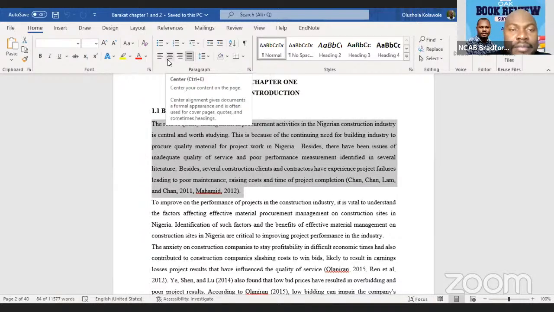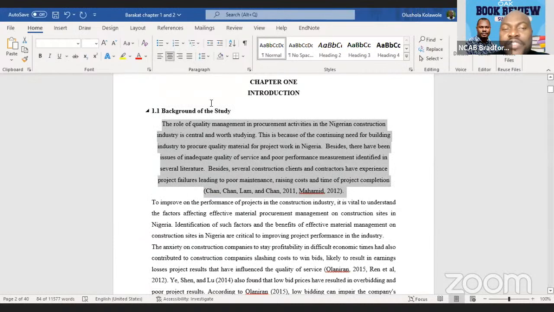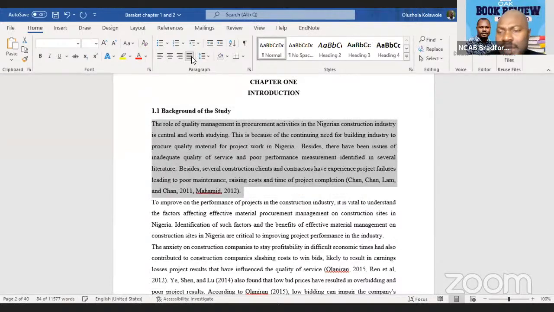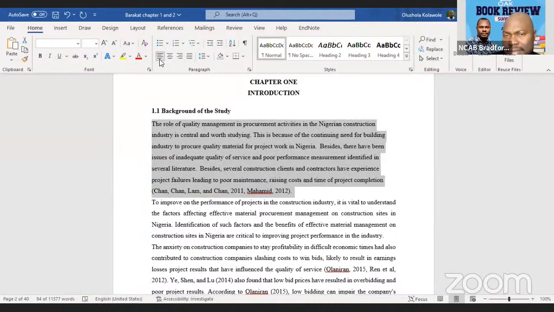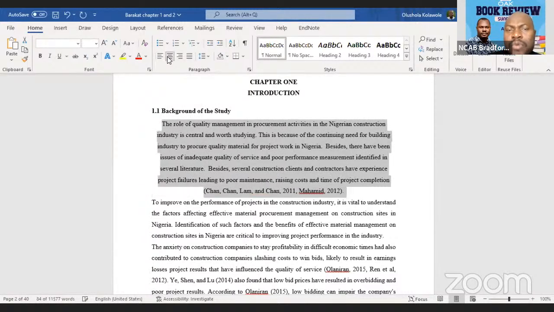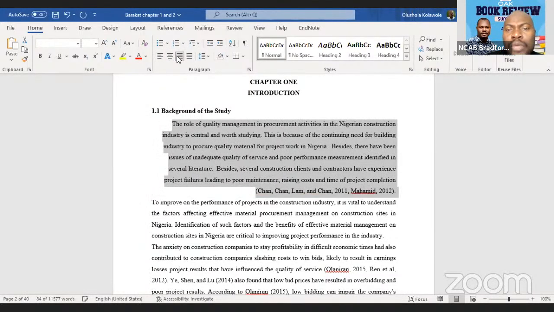If you come here, I've seen students submitting assessments like this. Do you see the one I highlighted? And this is bad. How can you submit an assignment like this? And that is how it looks throughout. Even reading it, I will be annoyed, sincerely. Justification is there, you can justify it. Come here, it's Word document style. Then some students will leave it like this, some will do like this, and they will submit it like that.